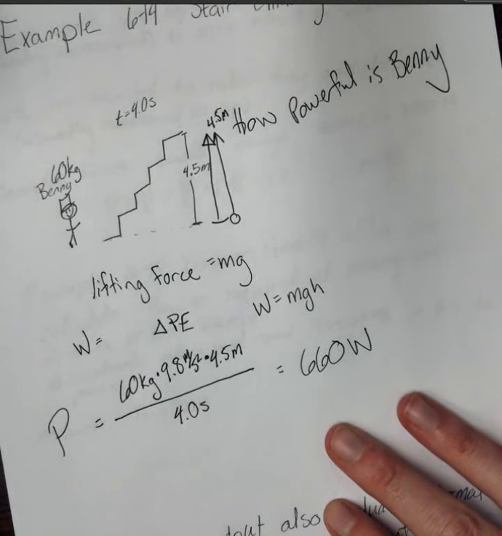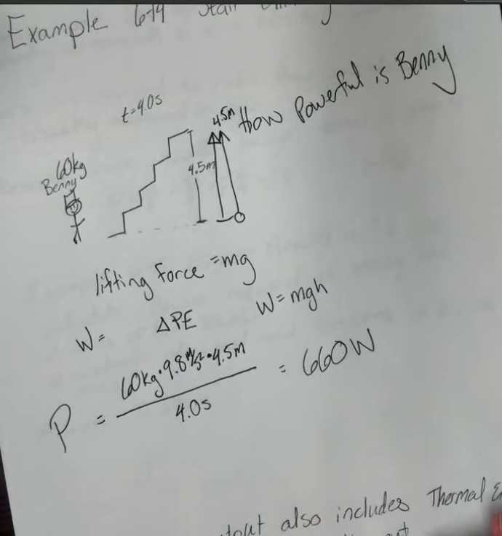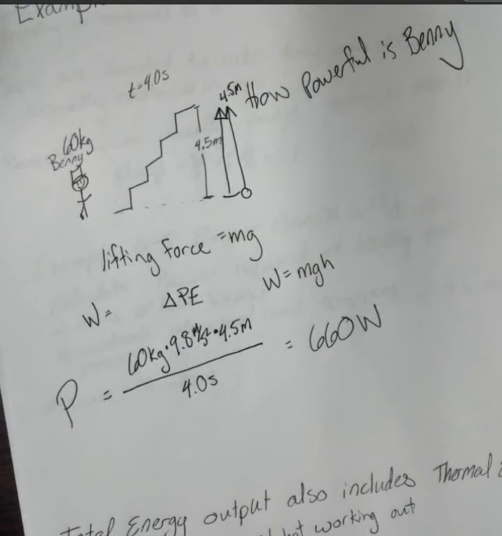So that means that he did 660 joules of work every single second that he worked. So that means that overall he did 660 times 4 joules of work, but his average power was just 660 joules per second. And that was the power that he had to apply